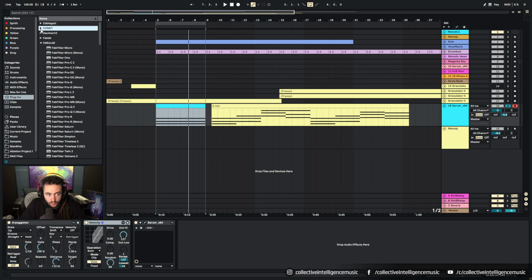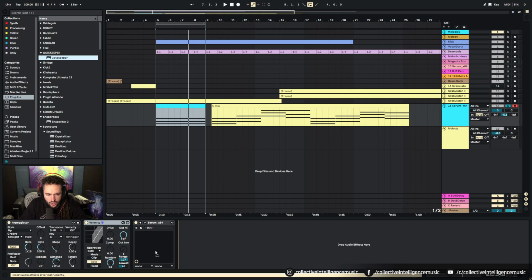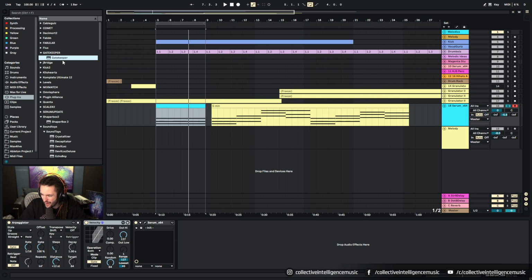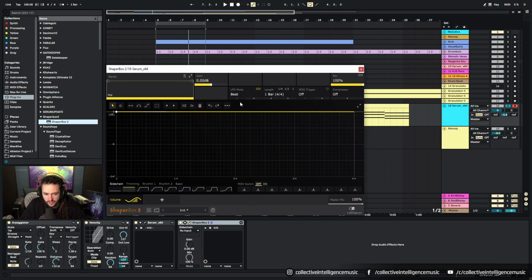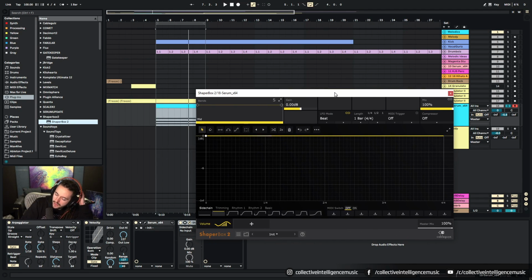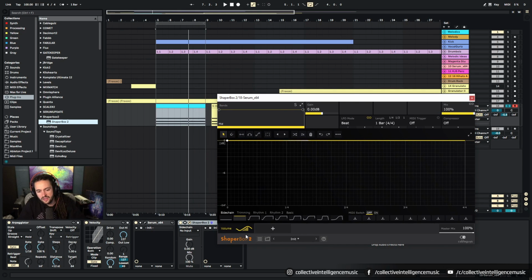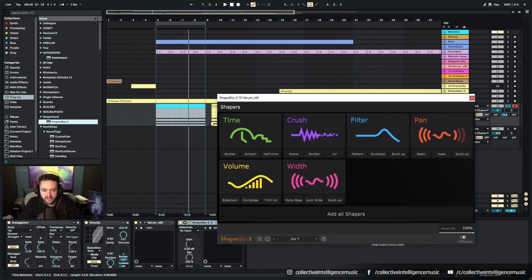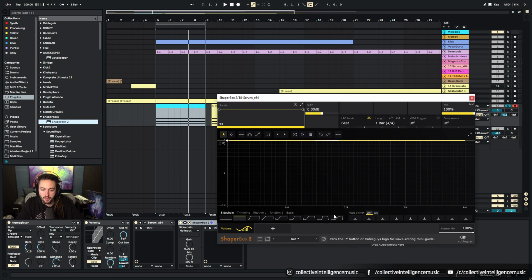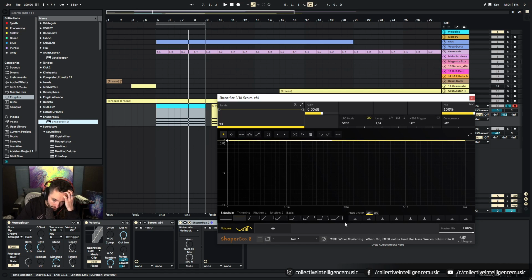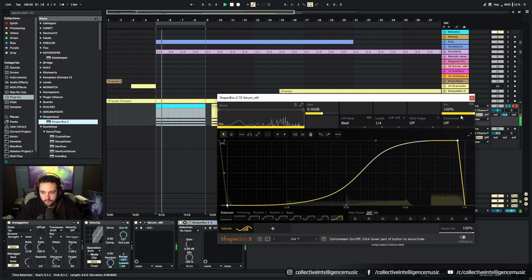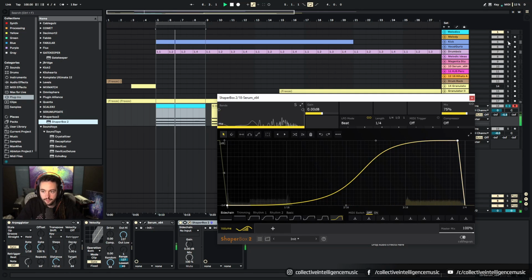Right, and now I do want to show you guys a bit more before we end it today. So I think I've still got a bit of time. I want to show you some other ways to take these random patterns that you're making and shape them a little bit more toward your will. I really like Shaperbox, made by Cable Guys, and this allows you to shape your sounds. At the moment, I'm going to volume shape it, go quarter note length, and sidechain it. Right, so now if I got that kick playing,